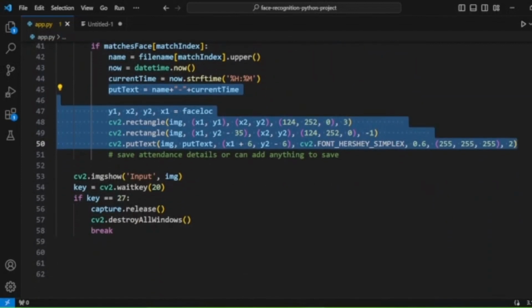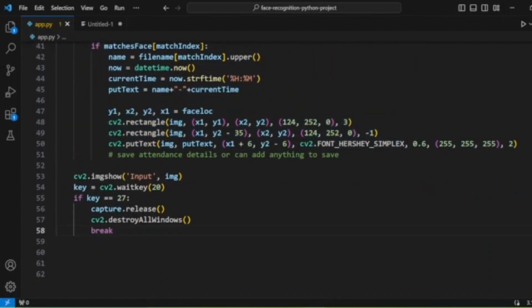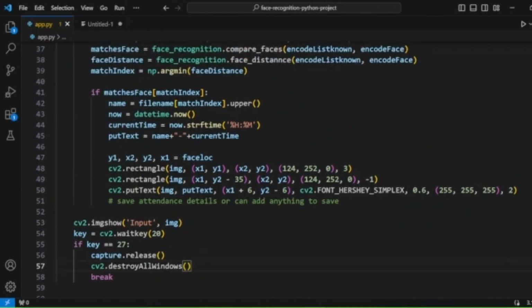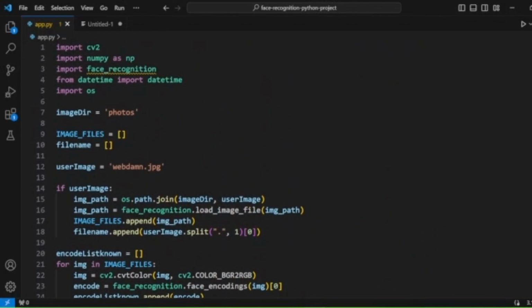And finally we have that rectangle image, we can say the captured frame, and then we have implemented that if the escape key is pressed, then we will exit the functionality of this project. So now we will